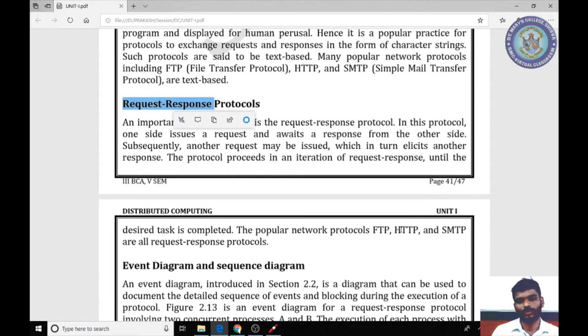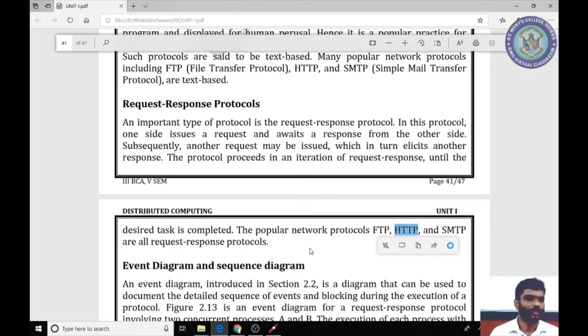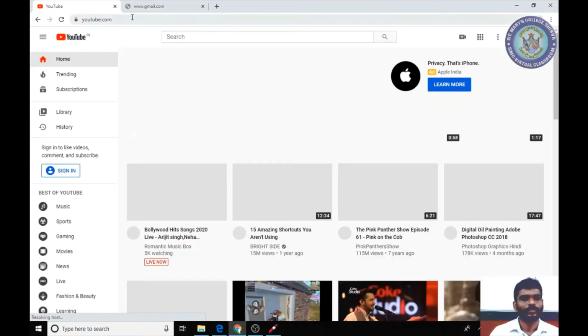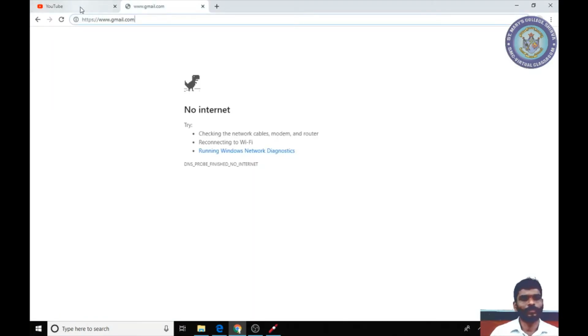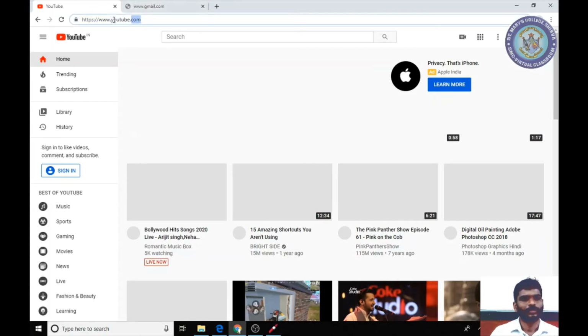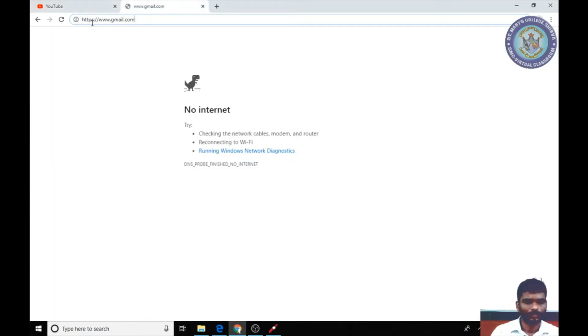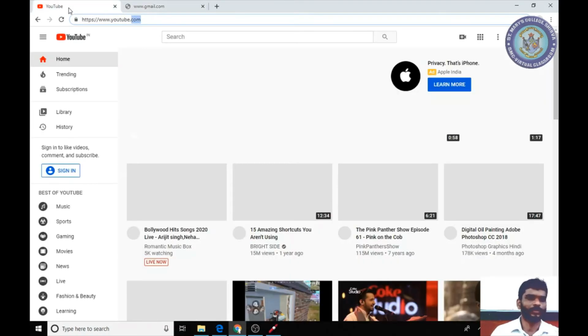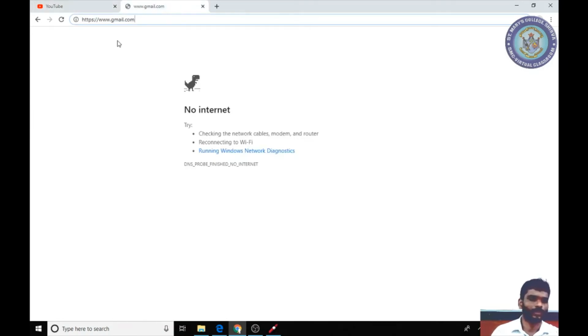One of the main request-response protocols is HTTP. On the internet, HTTPS is the protocol used here. For example, when I open the YouTube or Google server, the request is transferred, then it gets the response and transfers it back to the browser.